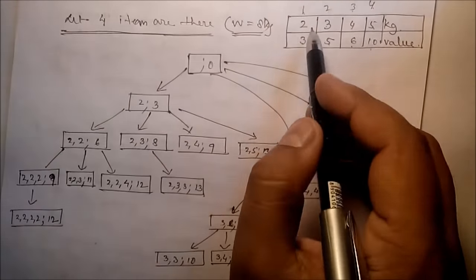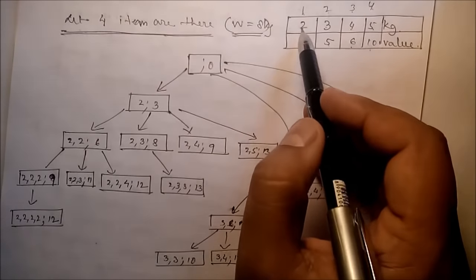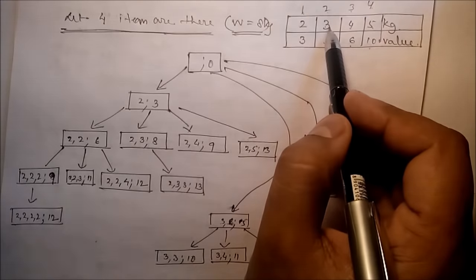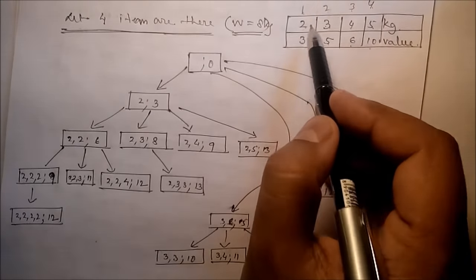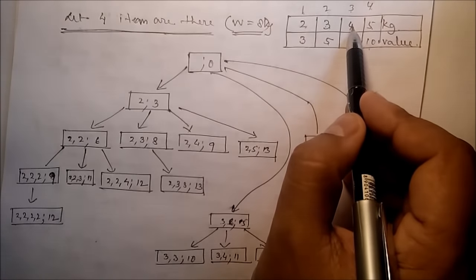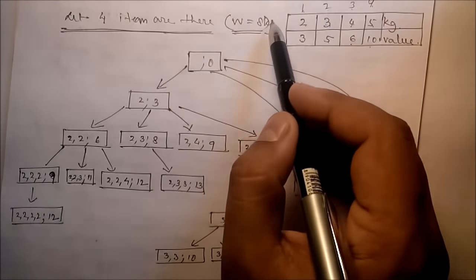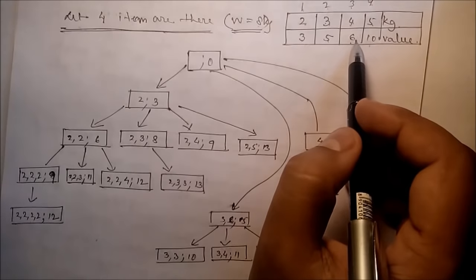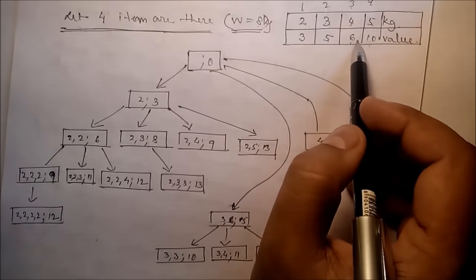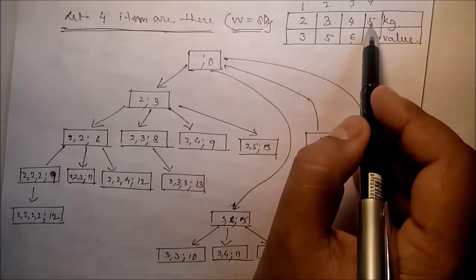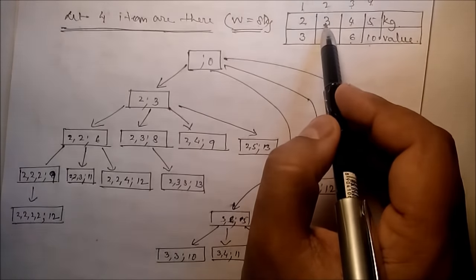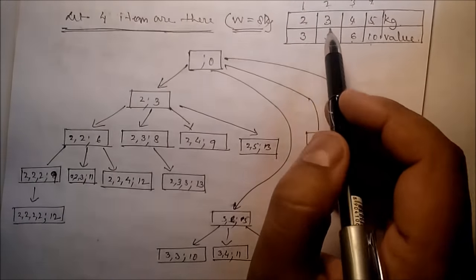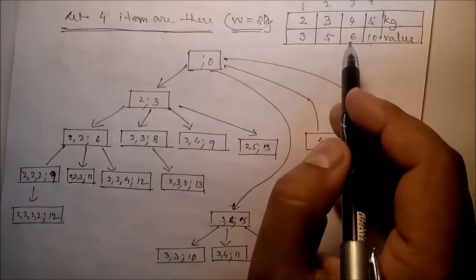Now suppose what you can do, we can take 4 first items, or we can take 2 second items and 1 first item. We can take 2 third items, because our maximum weight is 8, so 4 plus 4 is 8, so total value will be 12. Or we can take 1 first item and 1 second item. Okay, so in this way so many permutations and combinations are there.